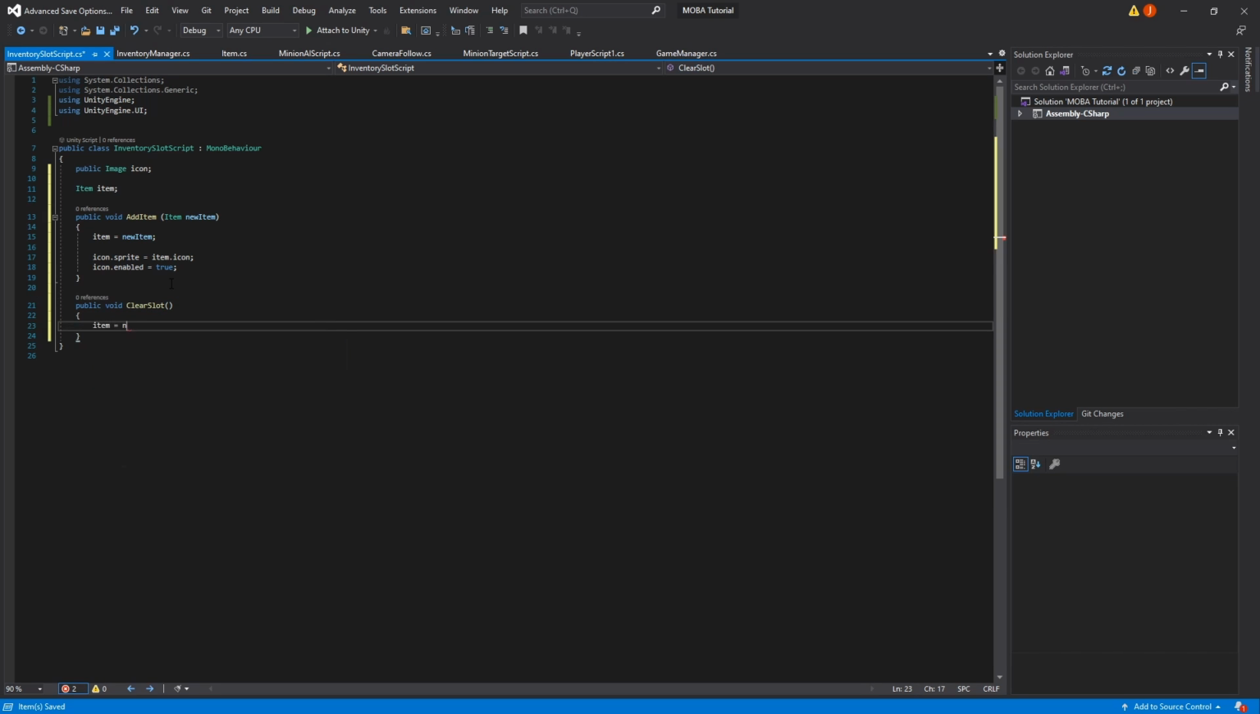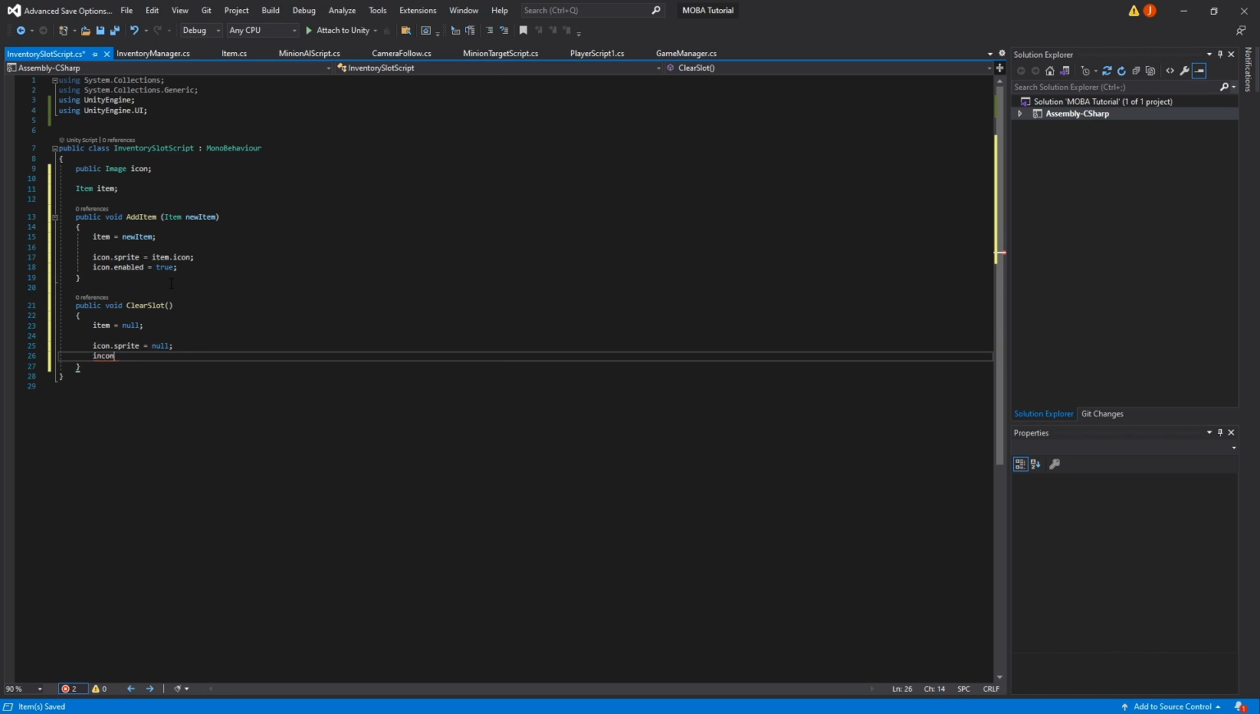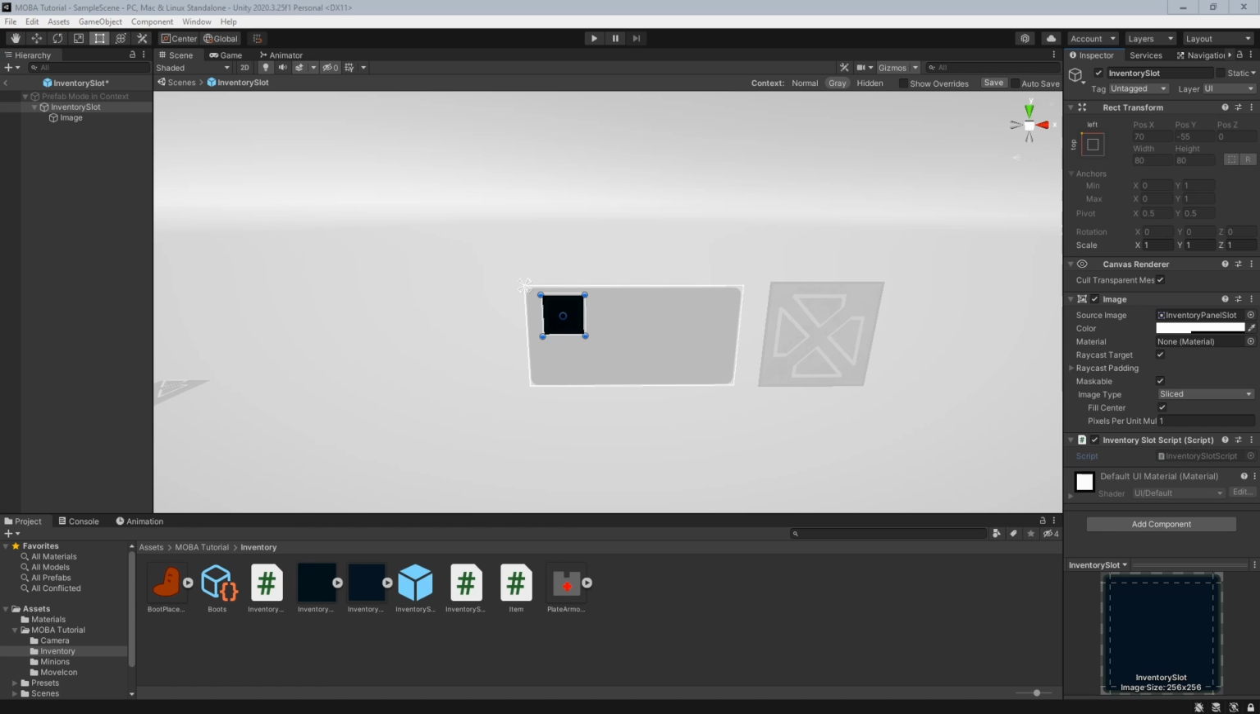And we'll say item equals null, icon.sprite is equal to null, and icon.enabled is equal to false. So we'll use the inventory manager to add items to our list of items. We'll then use that list in the inventory UI manager to communicate to the slots whether or not they have an item in them. So if we go back into the engine and we just look at this script,